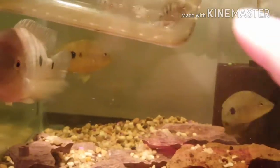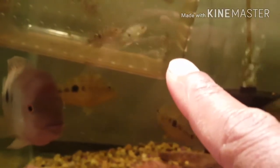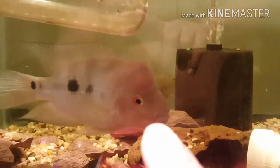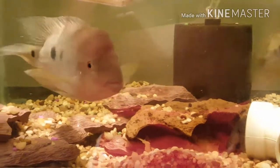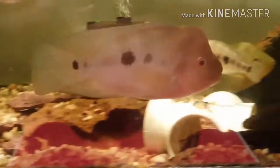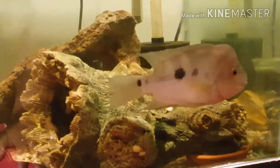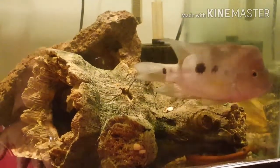As you can see right here is a little Isletas off of Surf and Benetton. He's showing bars already at 1.5 inches. Right here we have Knucklehead. Knucklehead is an F2 Red Isletas. He's the only one in this tank. I have Red Isletas in other tanks, but I just want to focus in on him while I'm talking Red Isletas. But anyway, I asked Raps about the Red Isletas, and he told me that